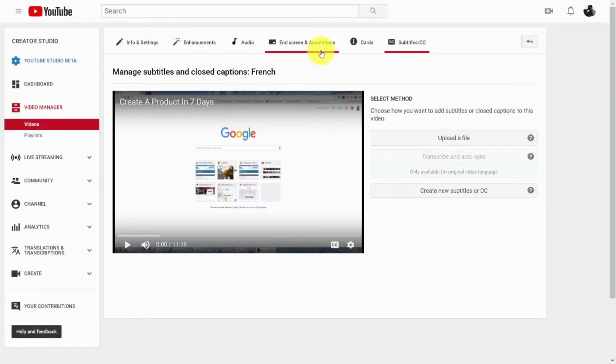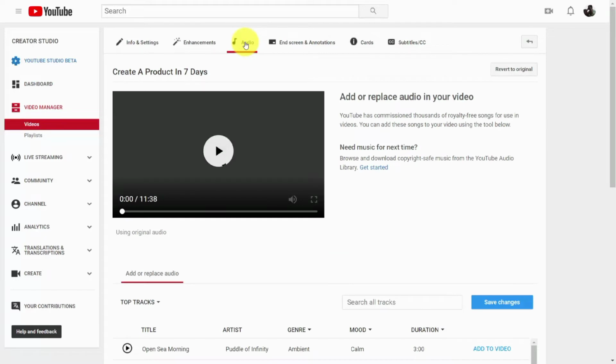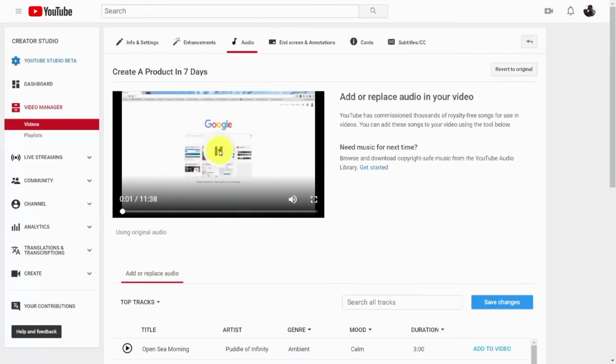Now, depending on what your live stream is and what you're trying to do, another part of the post-production process may be to add music. And you can do that inside of your video editing screen and going to this link that says audio. And when you do that, what you're going to notice is that you can add or replace audio inside of your video. Now, you're not going to be able to add anything from your personal computer to your existing video,